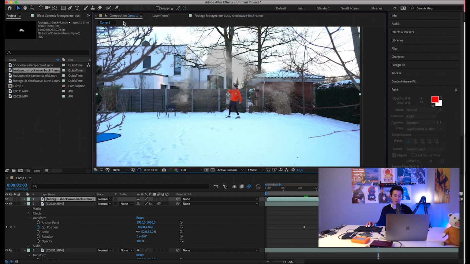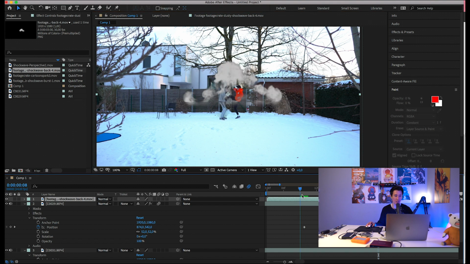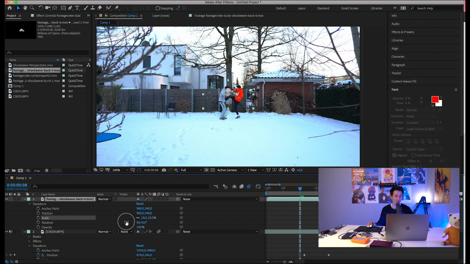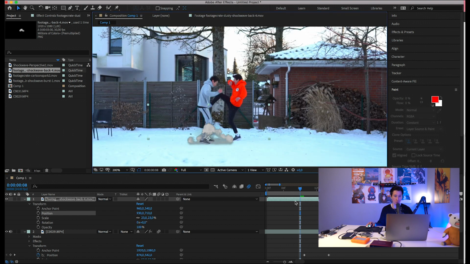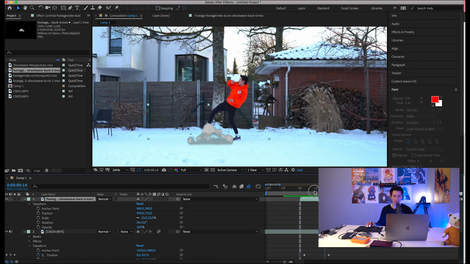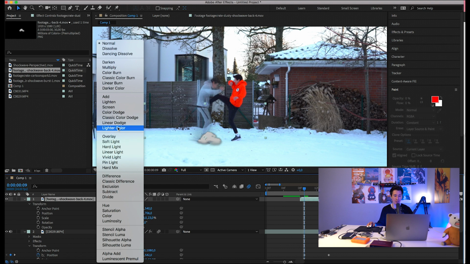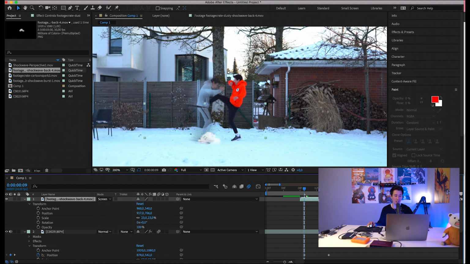Yeah, the smoke wave, just smoke cloud just does that. So we will add this one right at the feet, right here. And it should start right when I'm flying off. So right there. And you can tell it doesn't look very realistic, so we have to change the blending mode